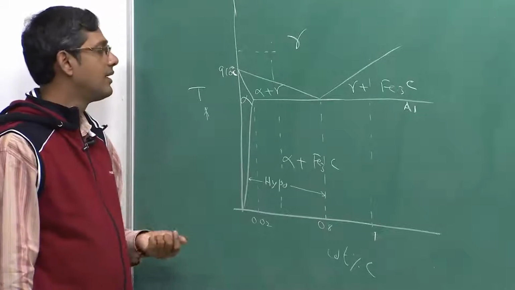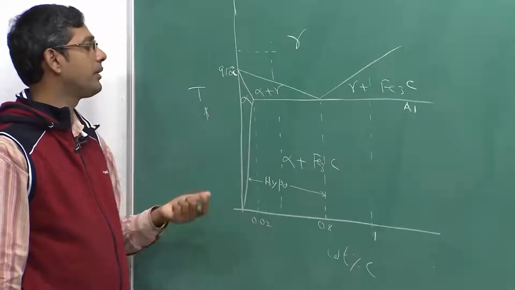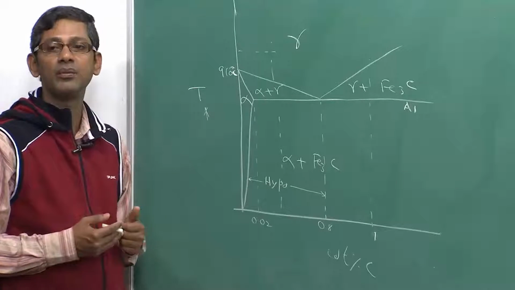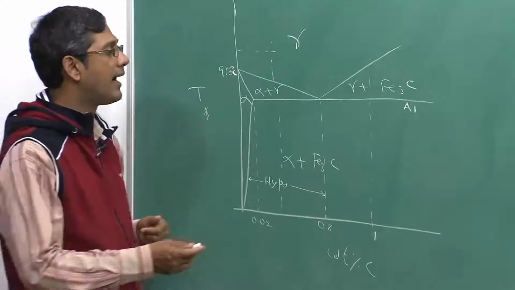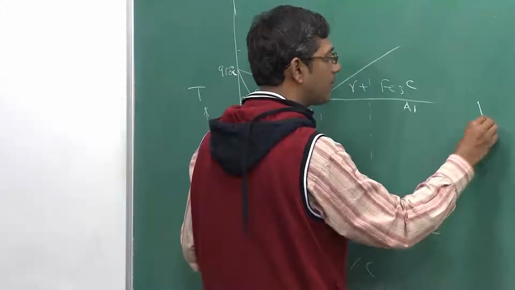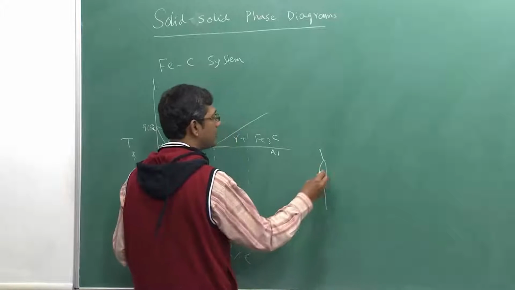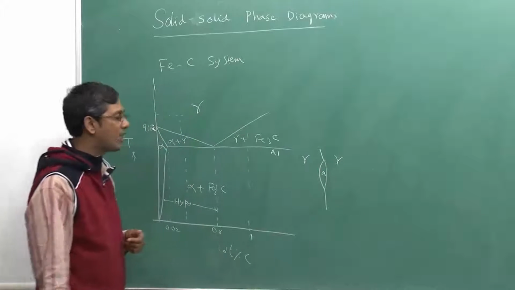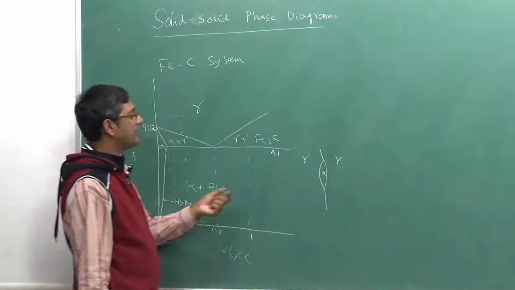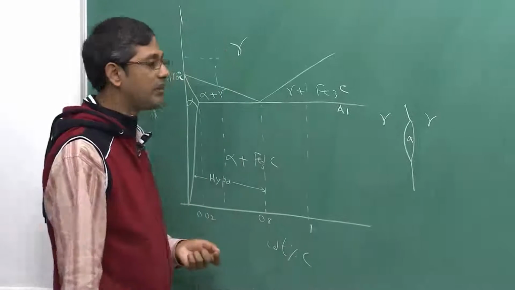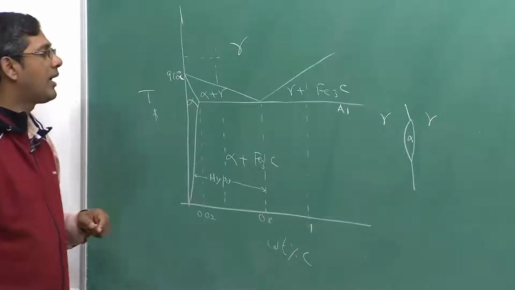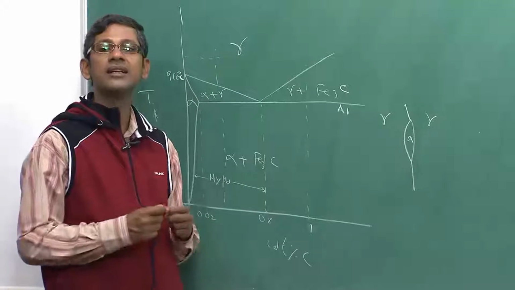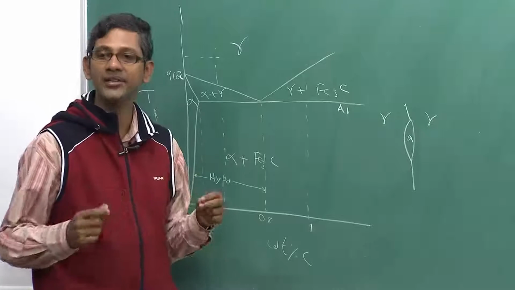to pearlite. Alpha, which forms first from the gamma, can have different morphologies. I discussed with you that the most important morphology is the grain boundary allotriomorph, which looks like a lens shaped particle forming between 2 gamma grains. It can also have a plate shaped morphology known as Widmanstatten morphology. The reason alpha predominantly forms at the grain boundaries is that grain boundaries are the regions where carbon diffusion can happen very easily.